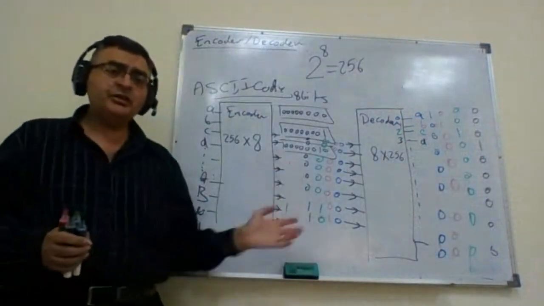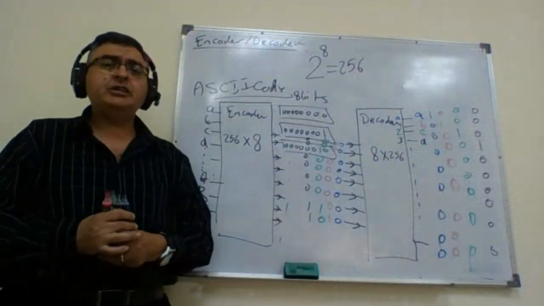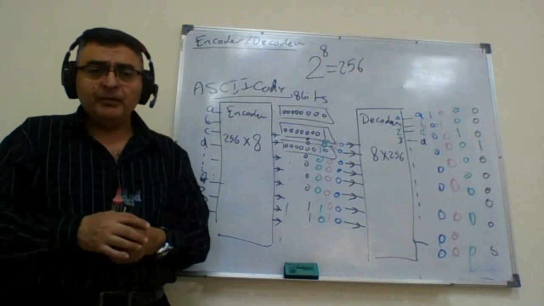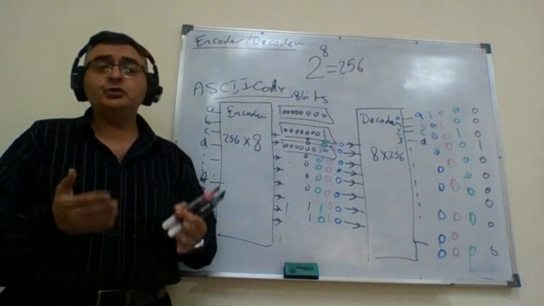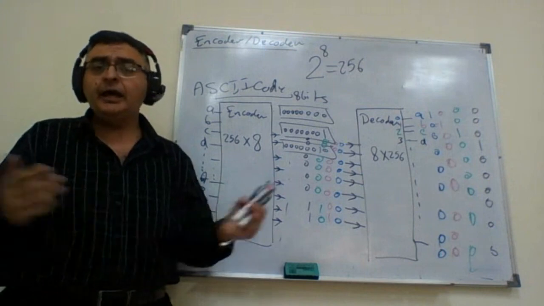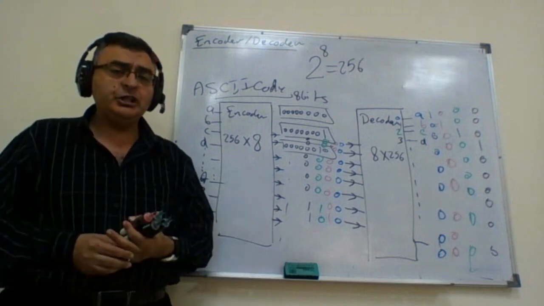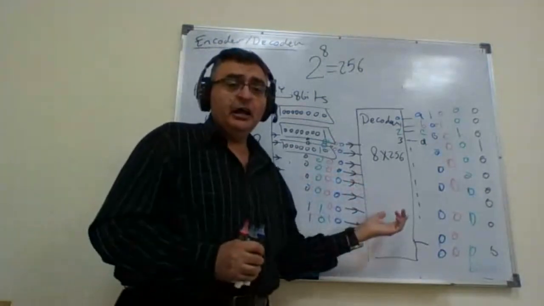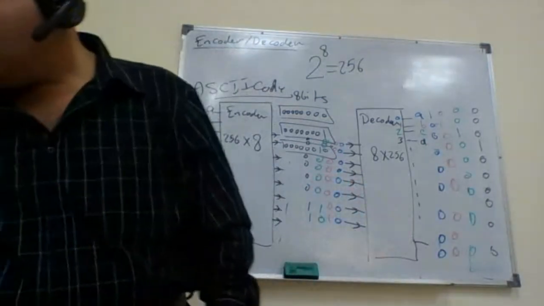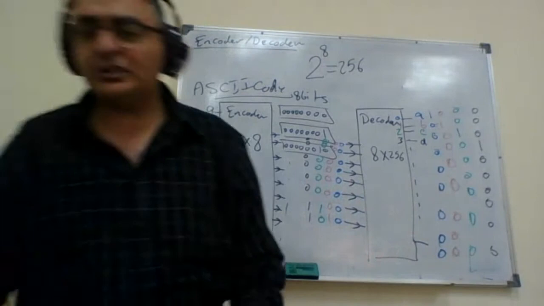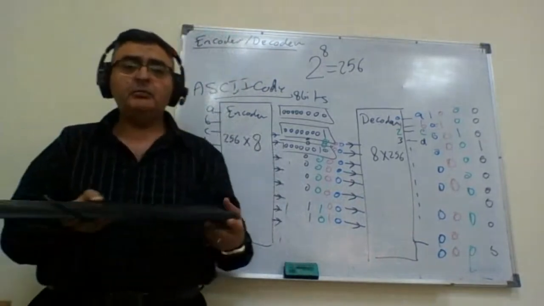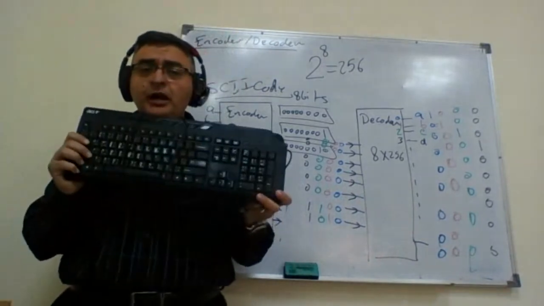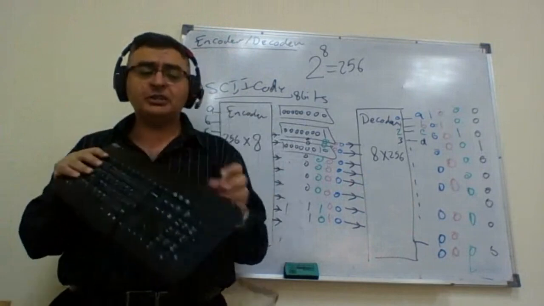Okay, so this demonstrates and explains how we can use the encoder-decoder circuits, and their advantage is very clear, because right now, for the practical example that we have discussed, I avoided here in my keyboard having a huge number of wires coming out. Okay, I converted the too many